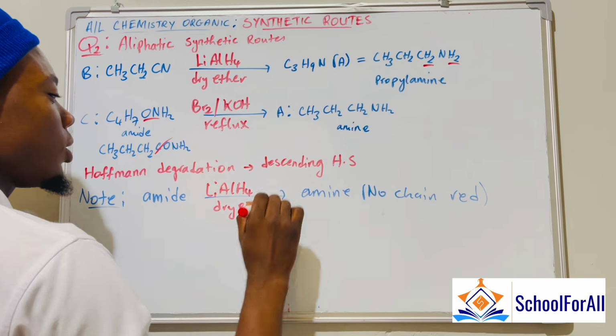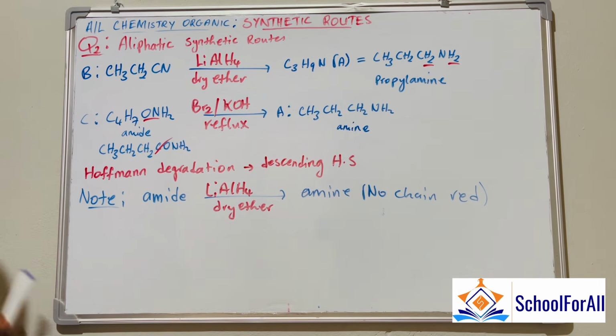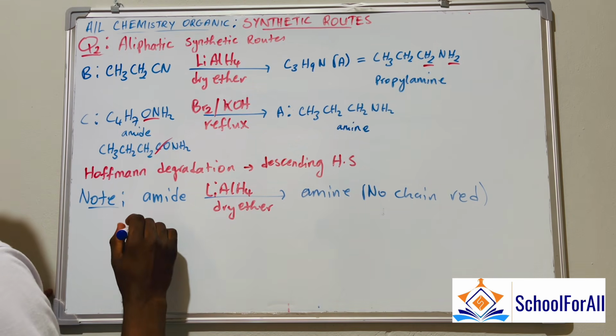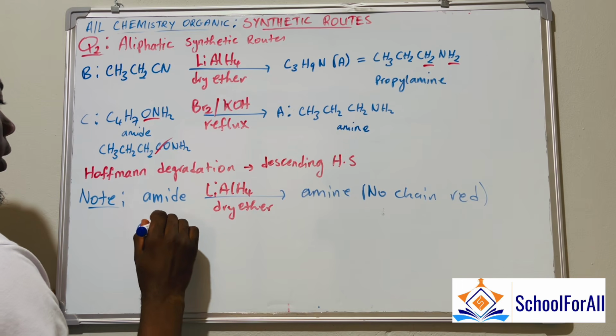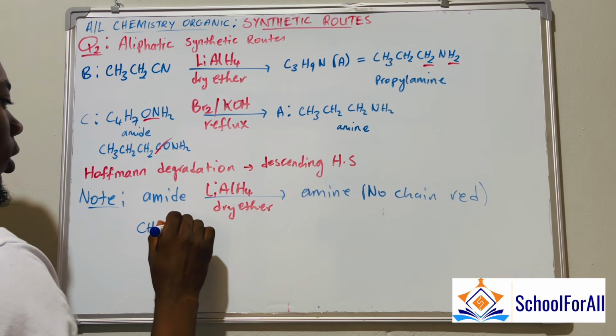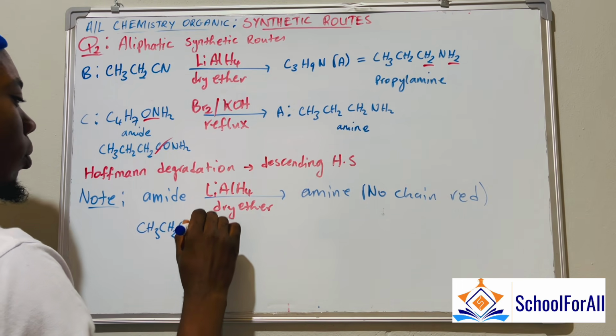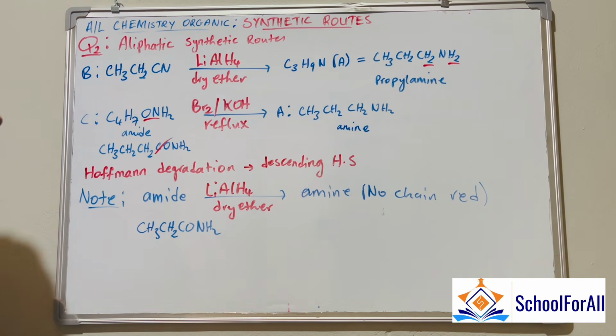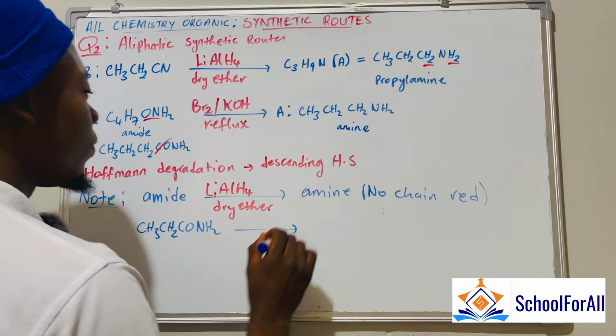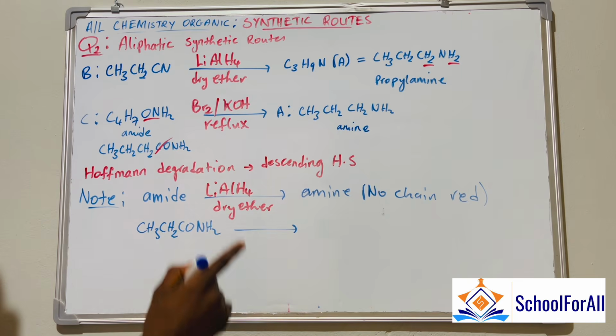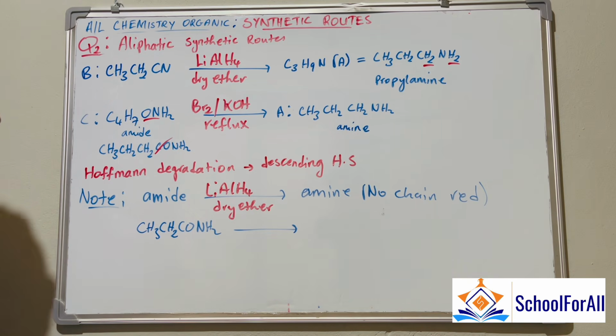So what I'm trying to explain here is that, for example, if I am having such an amide, which is propanamide, and I want to convert this propanamide to propylamine,